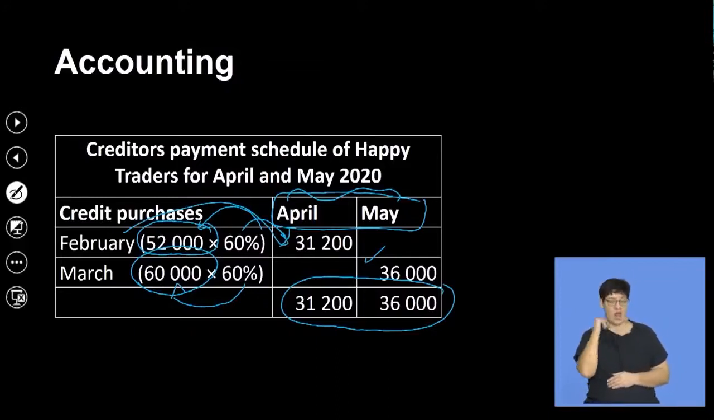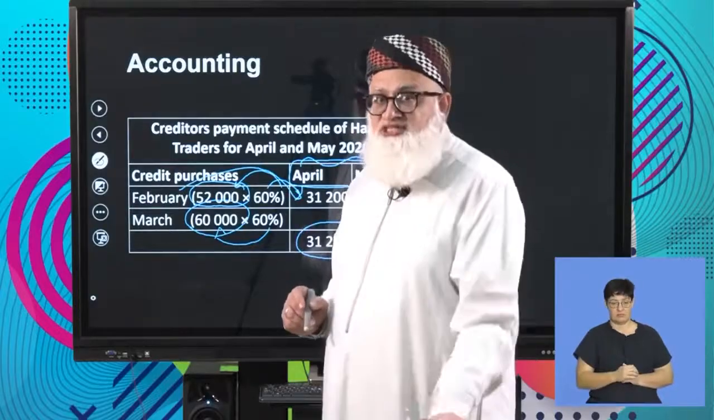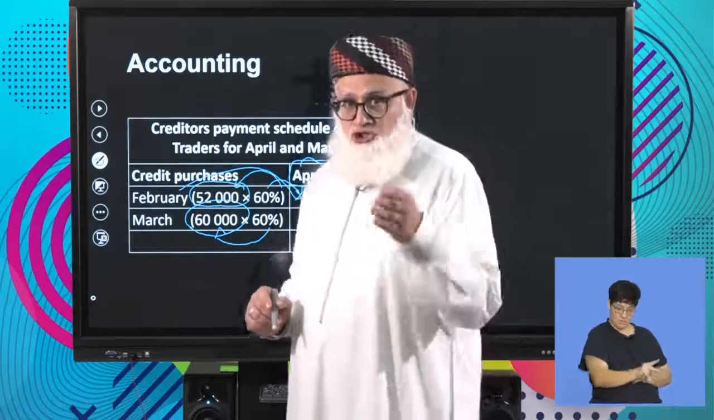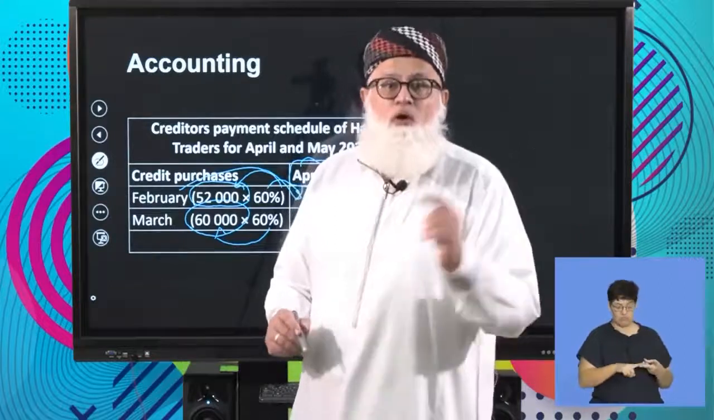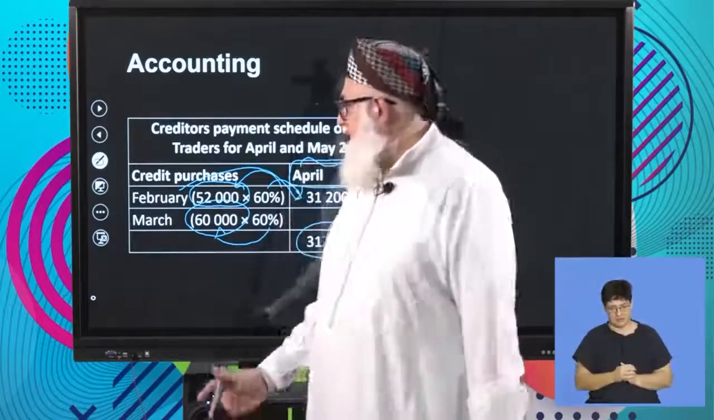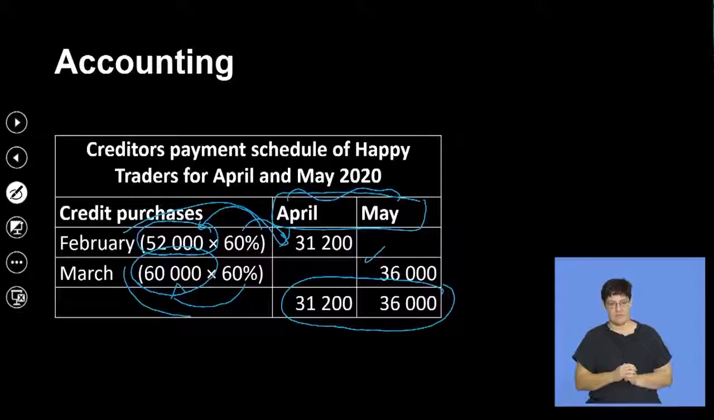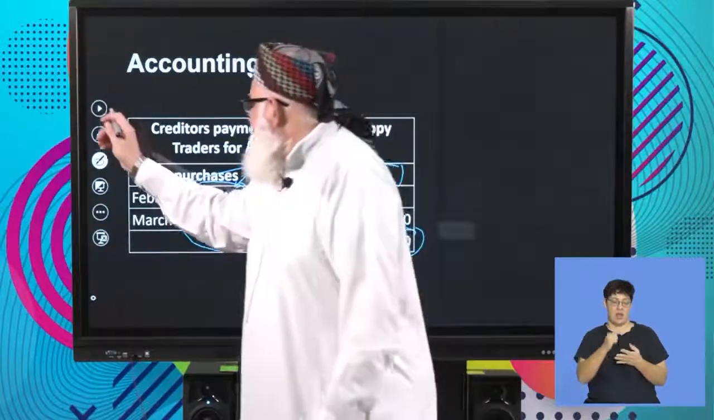Then you look at March. You purchased in March. Will you pay in March? No. Will you pay in April? No. Will you pay in May? Yes. Why? Because that's the terms that you have negotiated with your creditors. Okay, so there's my March payment to be made in May. Clearly you then add up, and this is the total amount that you've drawn up from your creditors payment schedule. And definitely,